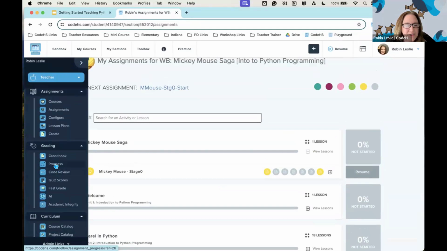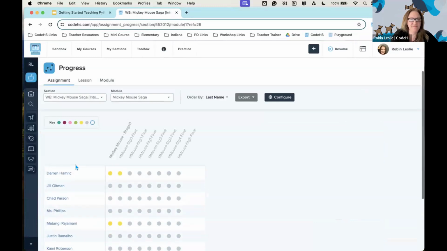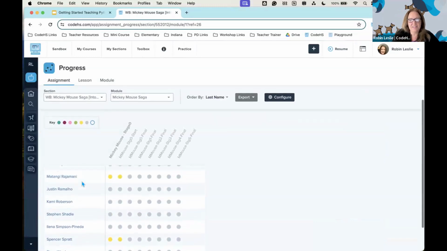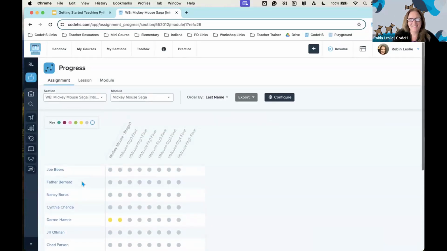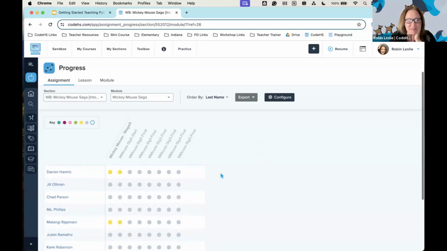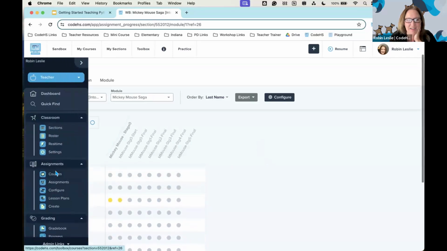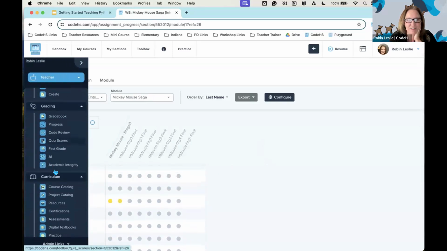There's a couple of different areas you can go to see how students are doing. So this is what I see so far. A couple of people have opened it, maybe not finished yet, and then we also have some other areas where you can go.